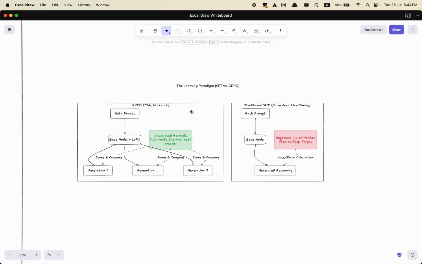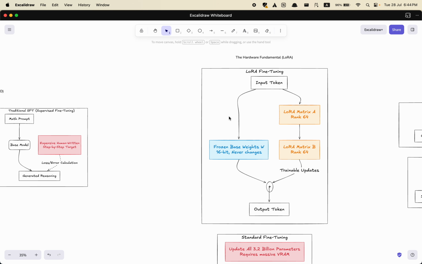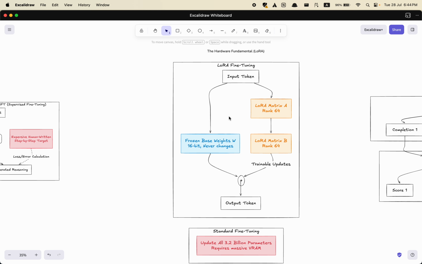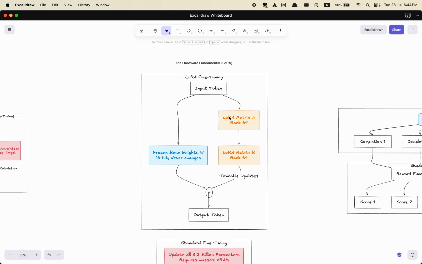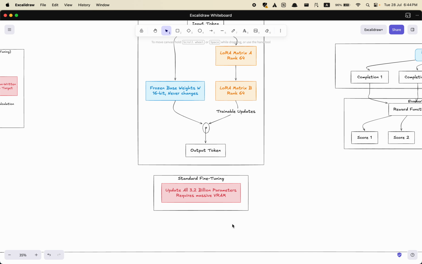It sounds quite computationally expensive, so how did we do it on a single GPU? In particular, I used a T4 GPU on Colab, but I'll break down how we were able to do it so resource efficiently. If you take a look at this diagram, you'll see standard fine tuning. When we do that, we're updating all 3.2 billion parameters, and that requires a massive